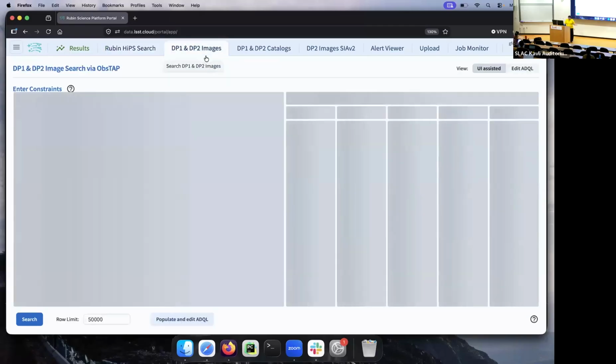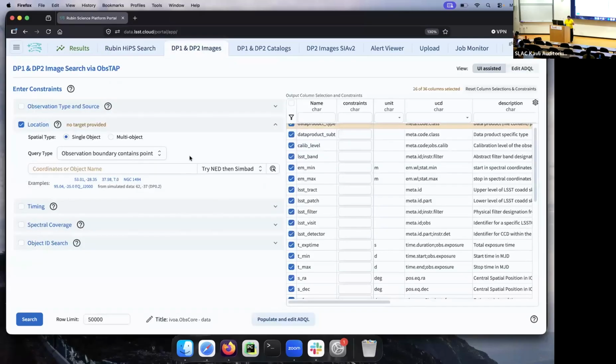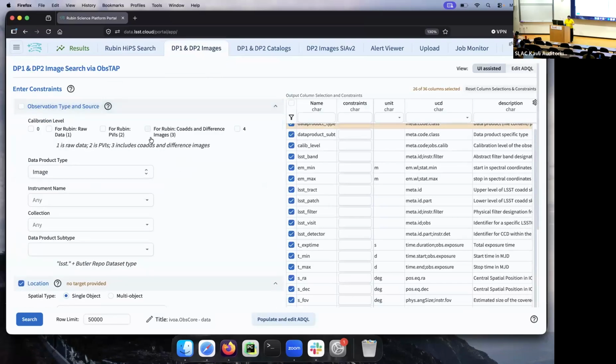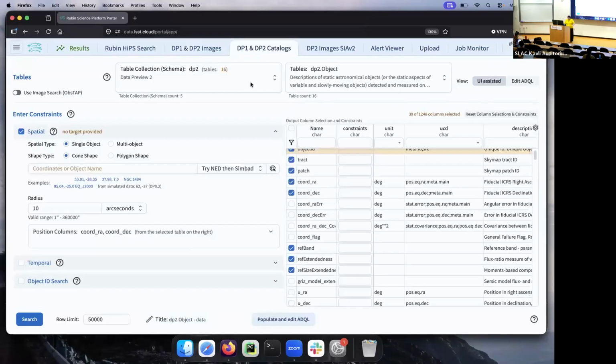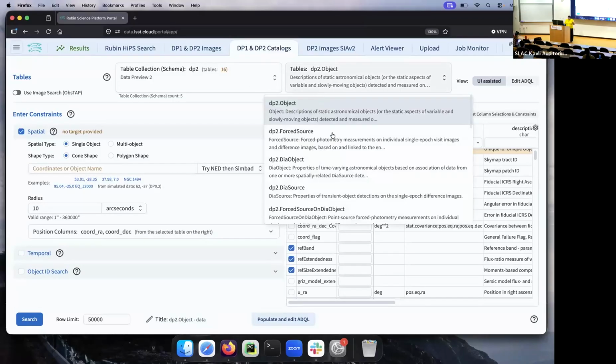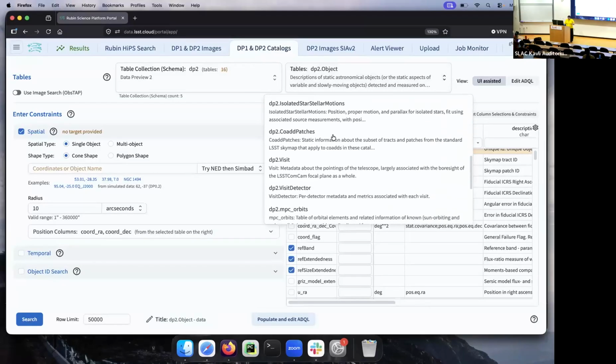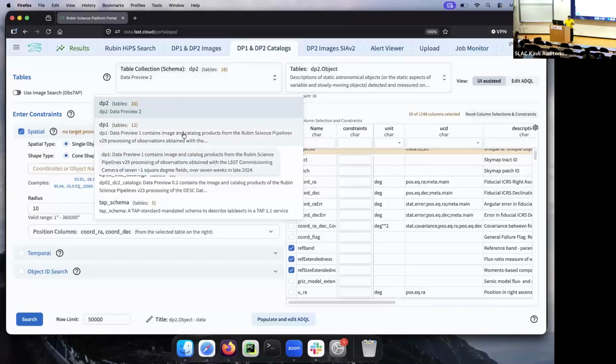There's the images, where you can put in some coordinates and tell it what kind of image you want. There's catalogs. There's a bunch of different tables that you can access, and you can also access different collections,